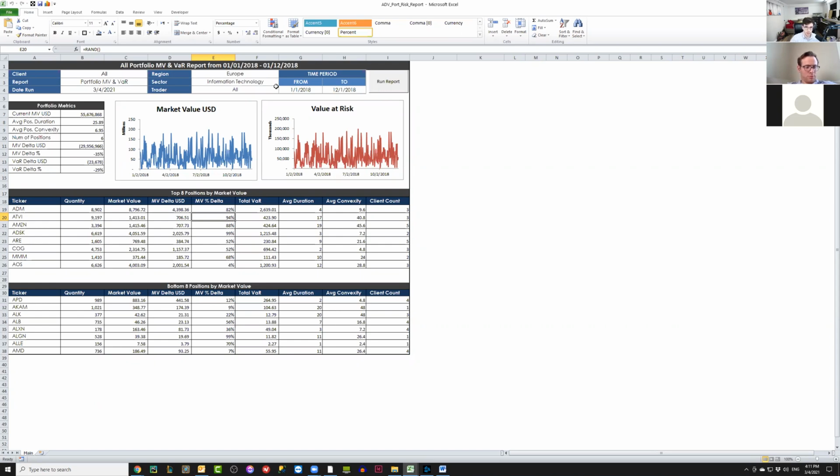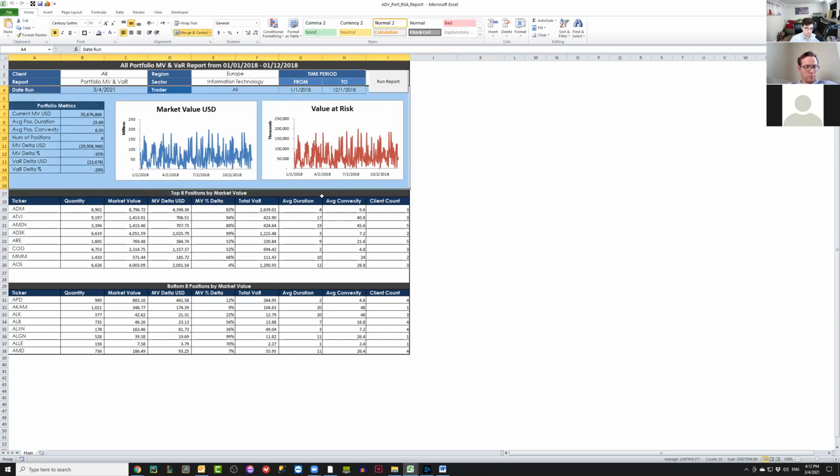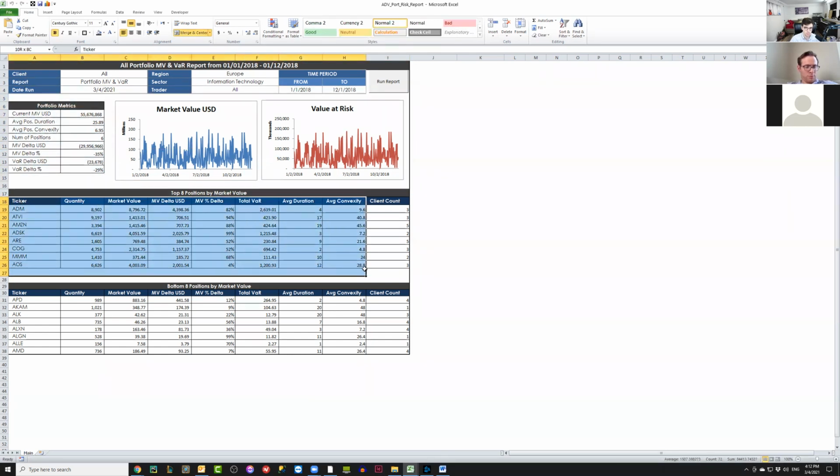So here we are, and I just designed this. I'm very good with Excel designs. That is either a natural talent or something you can learn, so I can show you how to do this. Obviously, this looks like a very professional report, and I did throw it together from scratch. But I can teach you how. It's not crazy. The idea is this covers the portfolio perspective, and this covers the position perspective.